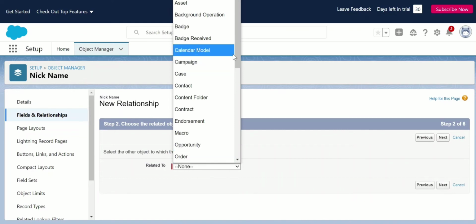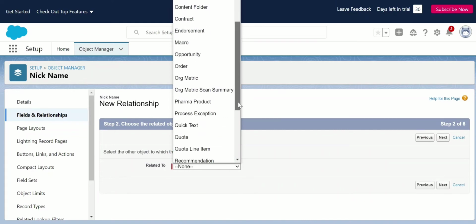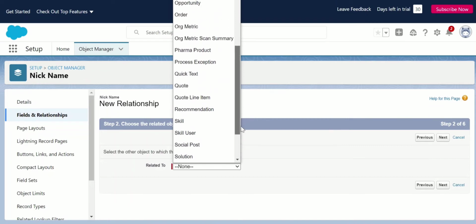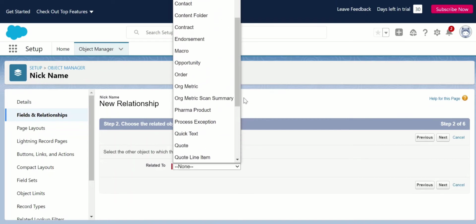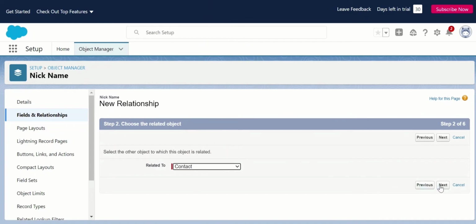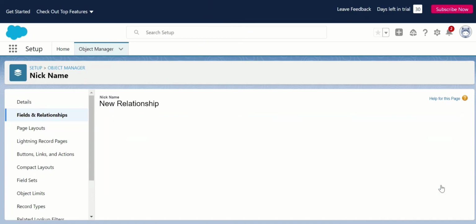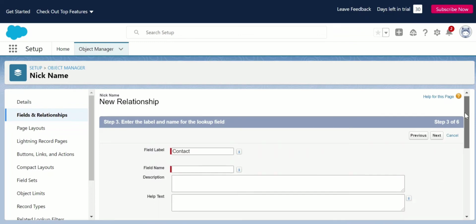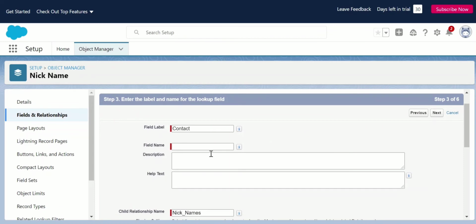So select Contact here, this one, click on Next. Give the field name, Contact, description.